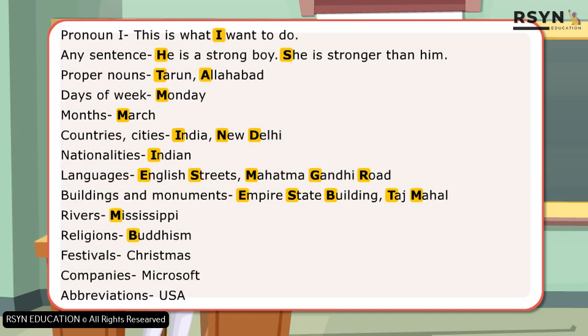Religions, Buddhism. Festivals, Christmas. Companies, Microsoft. Abbreviations,